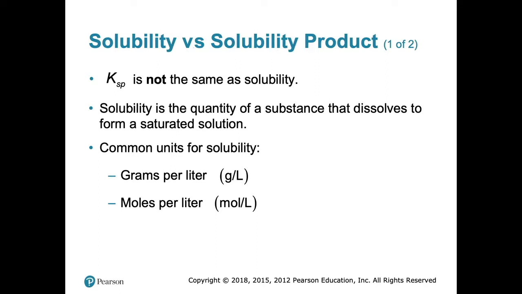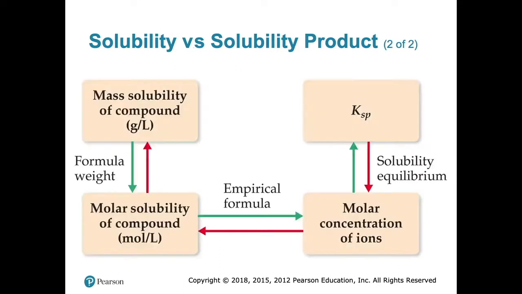For example, you can look up sodium chloride in Wikipedia, right? And it will say solubility in water. I think that sodium chloride's solubility in water is like 36 grams per liter, or maybe, yeah, I think that's right. I can't remember the exact number. Correct me if I'm wrong, but that's what you usually see. You'll see some kind of salt, grams per liter, for solubility.